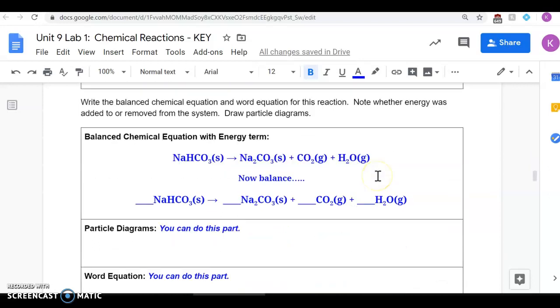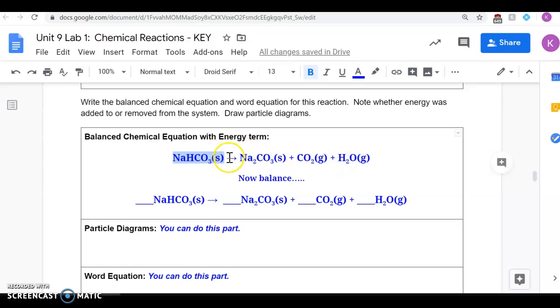Okay, all right, so this one is a little more complicated equation, so you probably couldn't figure this one out on your own, but basically this element here, sodium hydrogen carbonate or sodium bicarbonate, we know it as baking soda that we use in the kitchen, decomposed into sodium carbonate, right? You're going to have to go back to your ionic naming, plus carbon dioxide gas and water. If you noticed in the video, you could clearly see the water vapor sort of forming on the test tube,